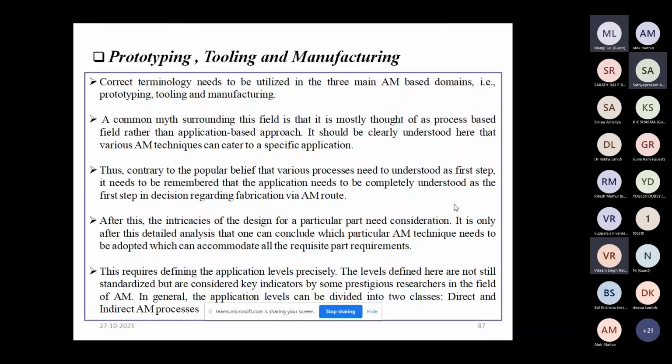We can also use these techniques for the manufacturing of the end product directly.